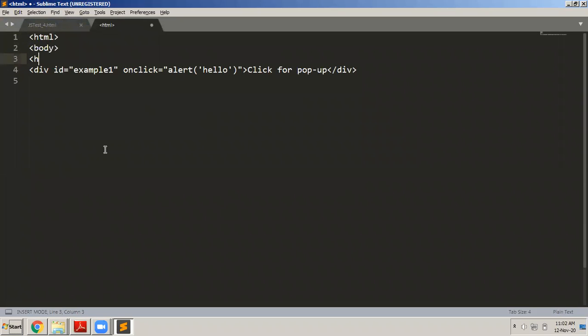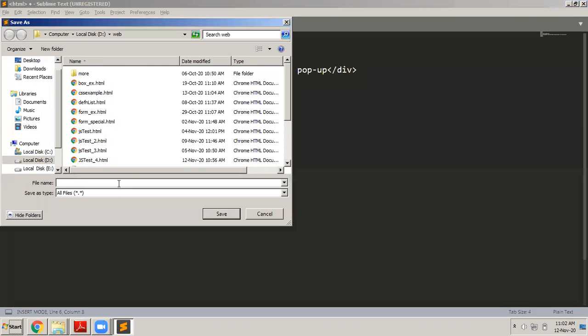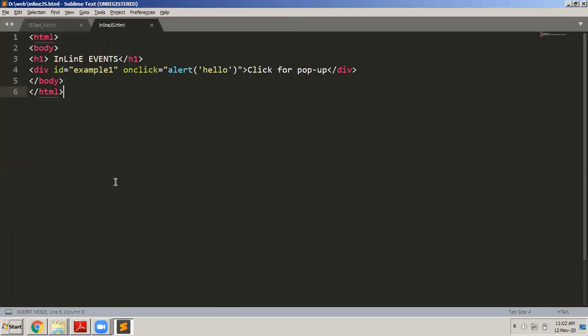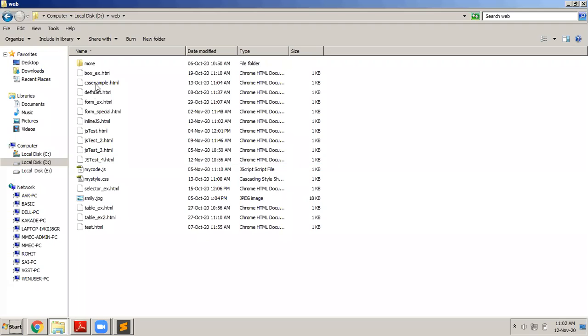First let me have some h1 tag: events, inline events. I will save this file here. I will call this inline.js.html.